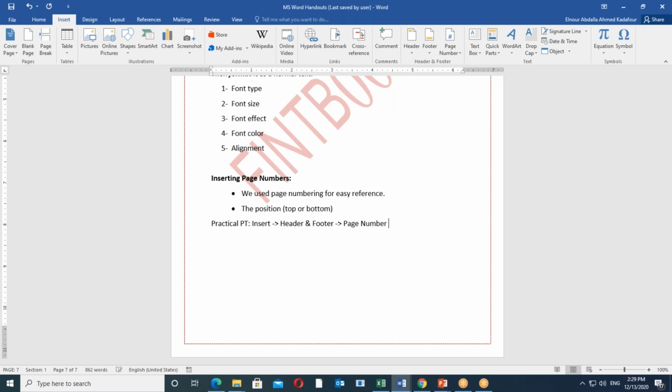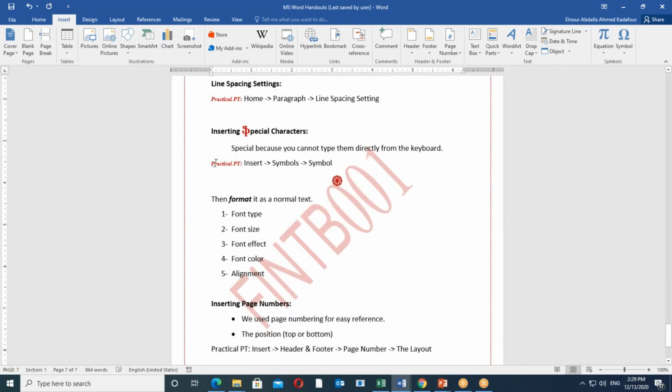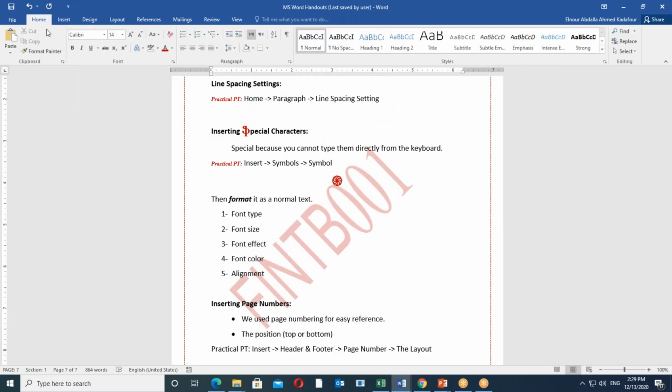Then we have to select the layout. Which layout? With these steps, you can insert page numbers into your document